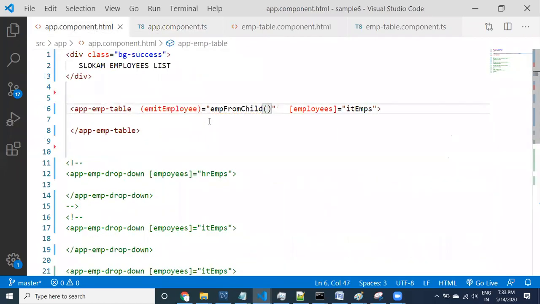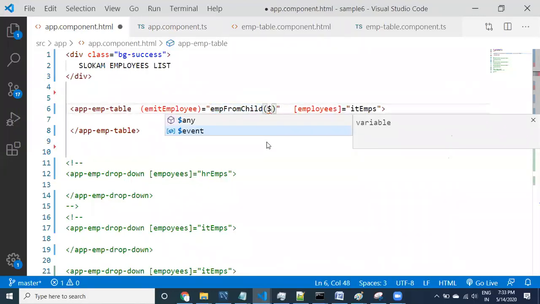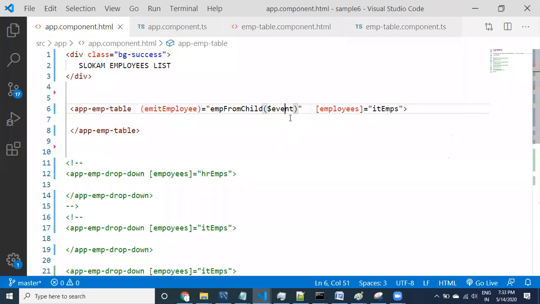But see here guys, one more thing: this employee emp from child is expecting what in the component class? It is expecting employee, meaning that here you have to take the event. Whatever event occurred, that event information is going to be available. As part of the event, employee data is available.